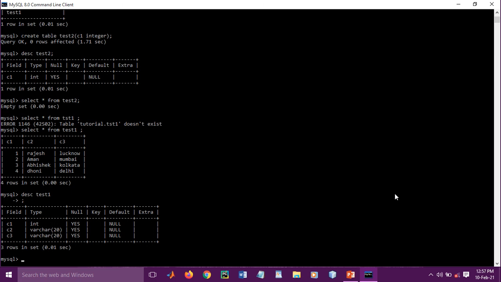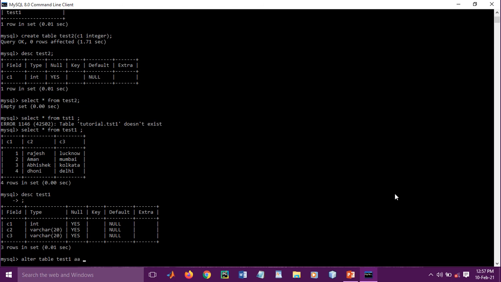If you want to add any particular one column or two columns, you can type the alter table command. Alter table name is test1, so alter table test1.